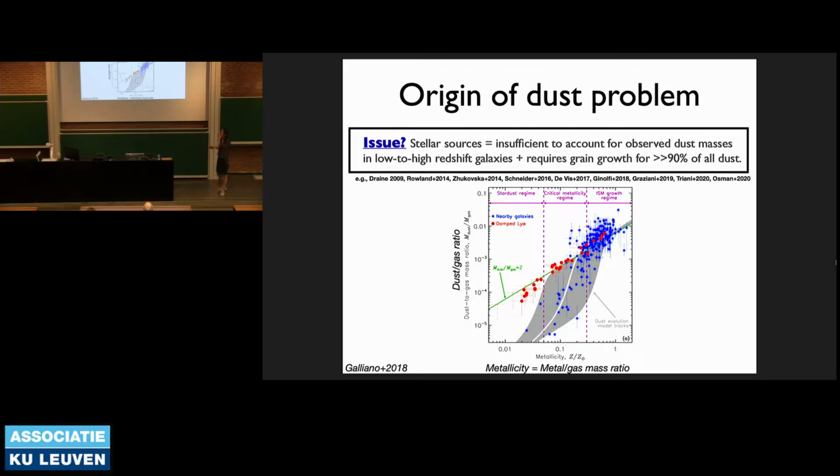Yeah, so first of all, there is a little bit of uncertainty where they lie. So indeed, they seem to follow a constant dust to metal ratio, but I know the dust mass is not always that easy to derive in these objects. So there is some observational uncertainty. But I think it's the same. I mean, these are also high redshift galaxies, and they have the same problem as well.